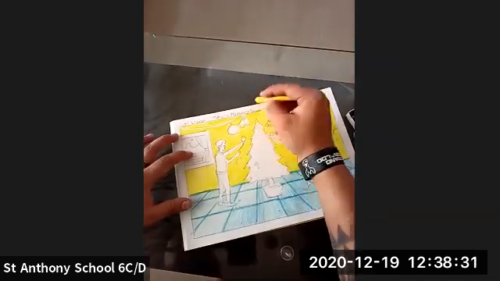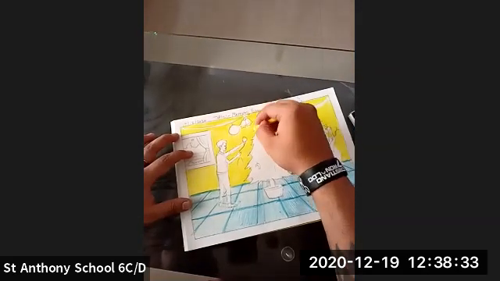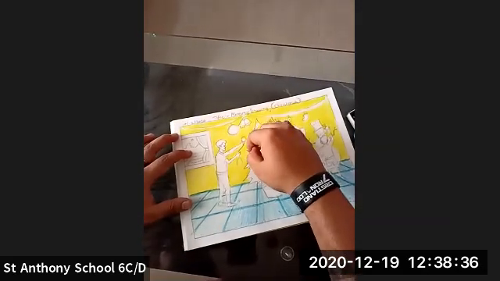So first, yellow. I'm applying yellow first in this part.